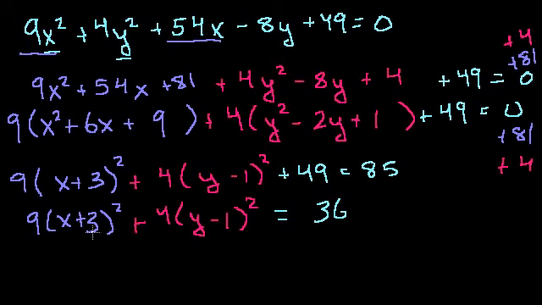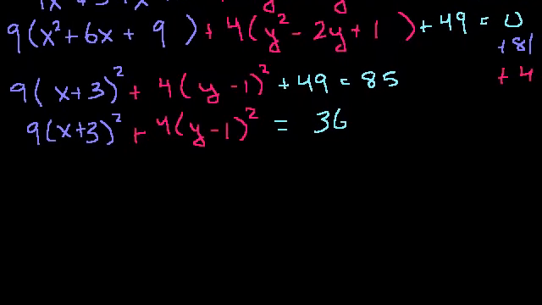We're getting close to a standard form of something. But remember, all the standard forms we did except for the circle, we had a 1. And we know this isn't a circle because we have these weird coefficients. Or not weird, but different coefficients in front of these terms. So to get the 1 on the right-hand side, let's divide everything by 36. You divide everything by 36. This term becomes